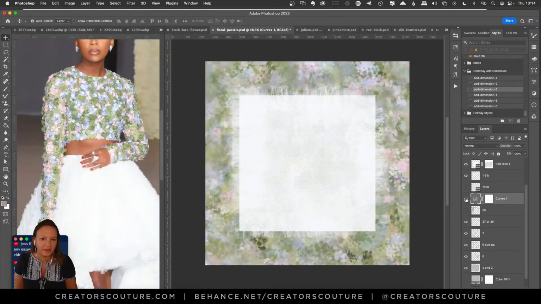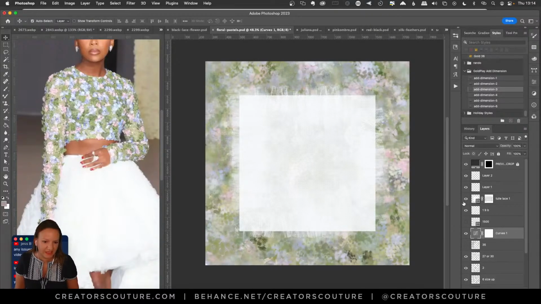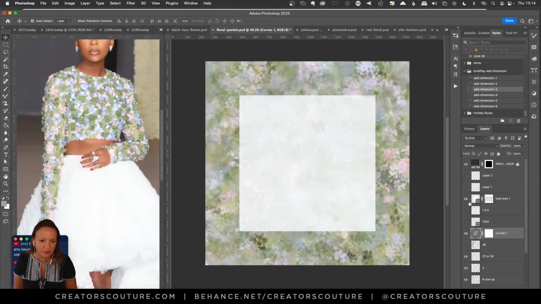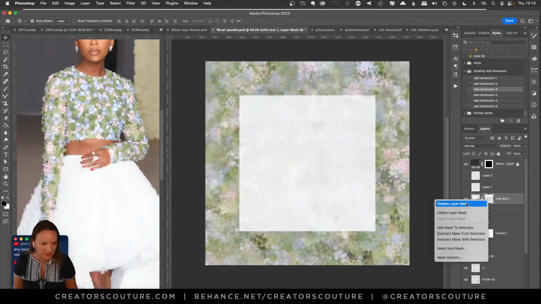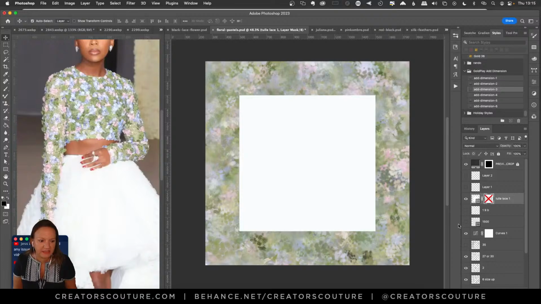And then now it's a little bit more like the original. And then for this white center, let me just undo these. Okay, so this was really pretty simple. What I did was I drew out a square. Let's disable this layer mask. And I have this white square, but I was like, this feels harsh compared to this look.